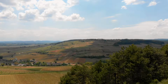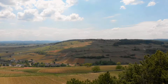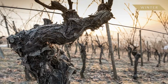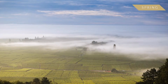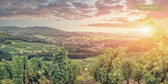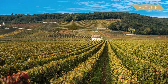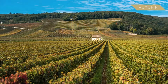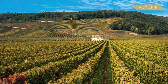Burgundy enjoys a temperate continental climate, perfect for viticulture and wine aficionados alike. Winter tends to be cold and crisp. Spring is gentle, but with a risk of late frost. Summer is hot and dry, and early autumn is usually mild and sunny. Overall, the temperature is cool, even on summer nights, and this is the key for bringing acidity, finesse, and complexity